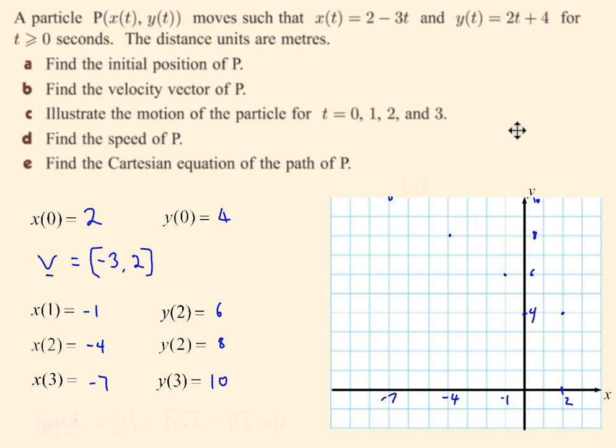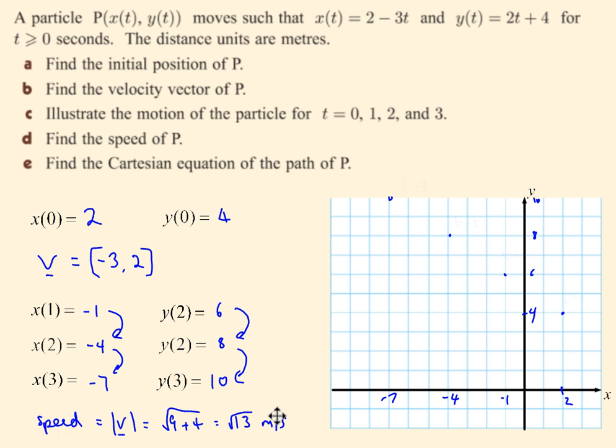Now notice that if we were to look at the change in the x values, these values here are going down by 3 each time. It's a constant change. Whereas the y values, these values here, are going up by 2 each time. So that is our uniformly changing situation. Alright, next working out the speed. The speed is the length of the velocity vector. So I can do that by squaring the x component, y component, adding them together, and we have units here